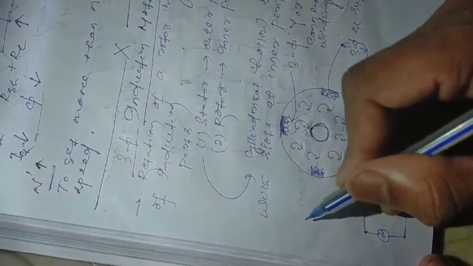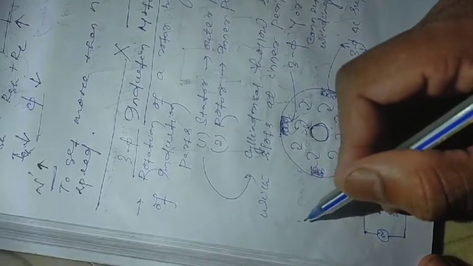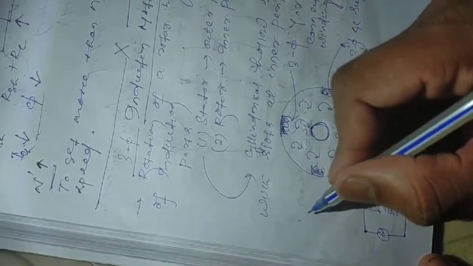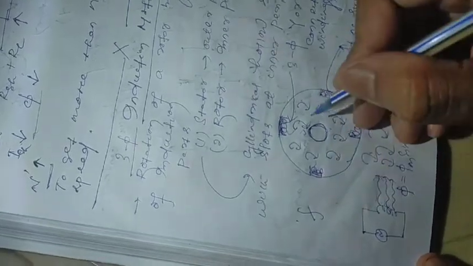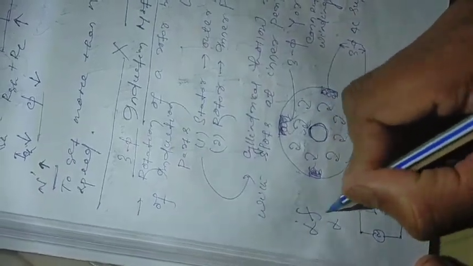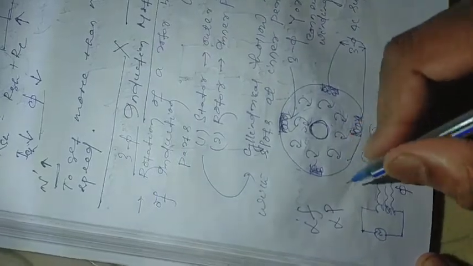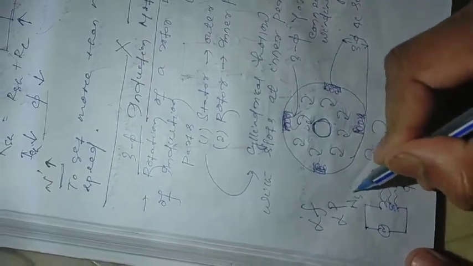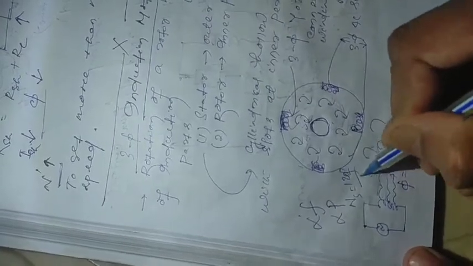It's a very important point. What is actually synchronous speed? The speed of the revolving magnetic field produced from the stator three-phase winding is known as synchronous speed. Generally the synchronous speed produced is always proportional to the frequency of the supply, and inversely proportional to the number of poles. That is why it is represented as Ns equals 120 f divided by P. This is the general expression for synchronous speed.